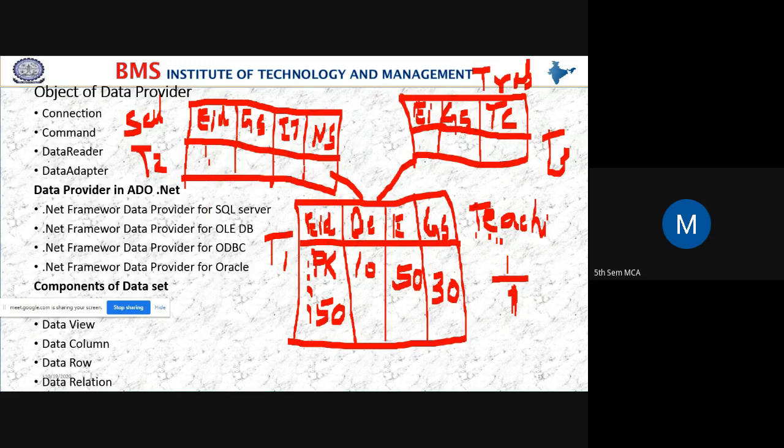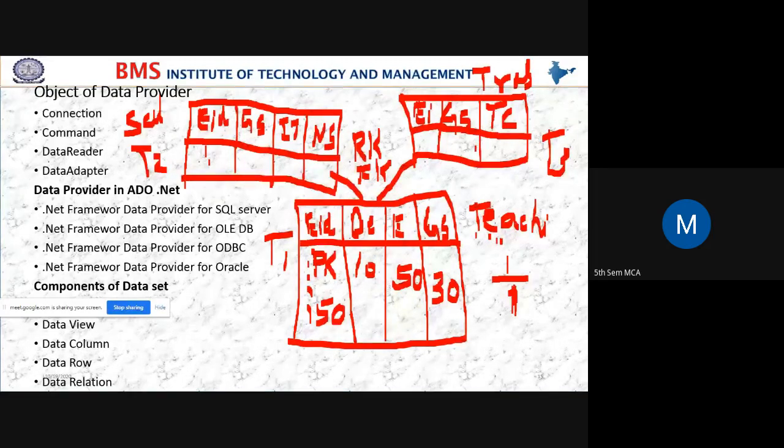So the same primary key here I have taken as a reference key, or we can say as a foreign key. You can say reference key or foreign key. Here in table 2, I have taken employee ID as a reference key. See, in table 1, it is a primary key. In table 2, it is a reference key. Why are we doing this? To avoid the duplication. And in table 3 also, I have taken the employee ID as a reference key.